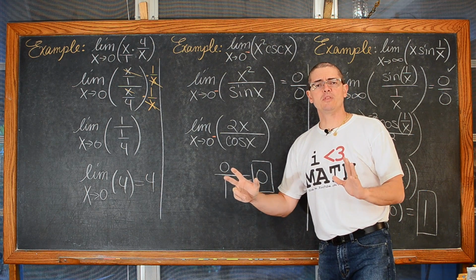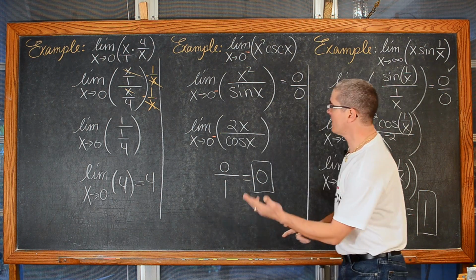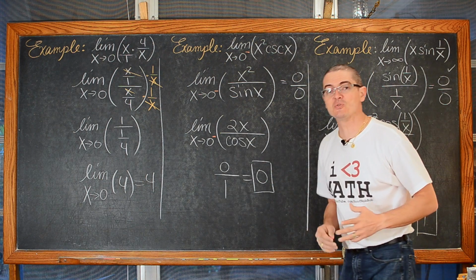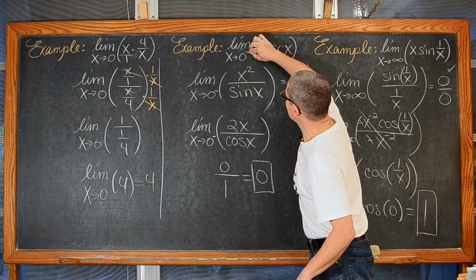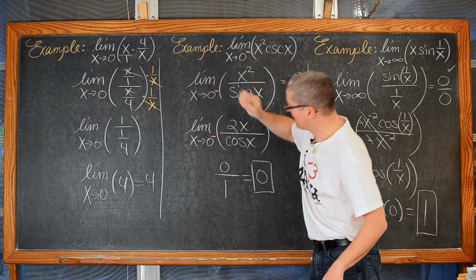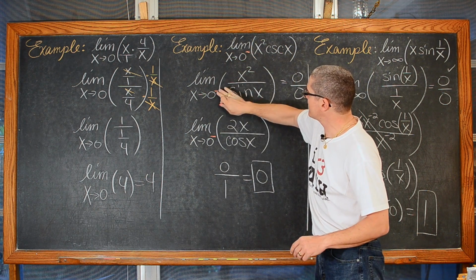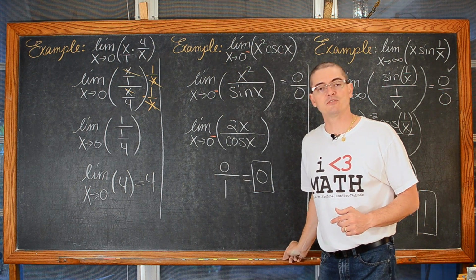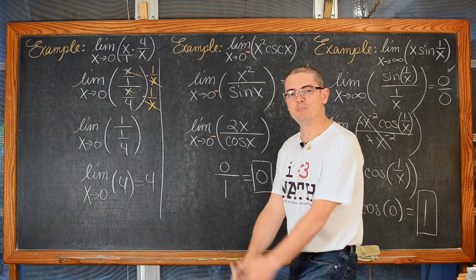Before we move on to the indeterminate form of powers, I just realized, just as I was about to erase the board, that in my frustration of having to shoot this 3 times, when I didn't even make a mistake other than realizing my memory card was getting to be full, I forgot to include that little notation that I was approaching 0 from the left. Now, moving on to powers.